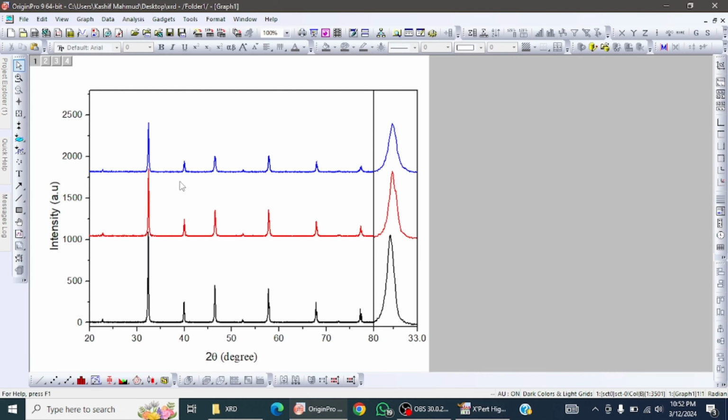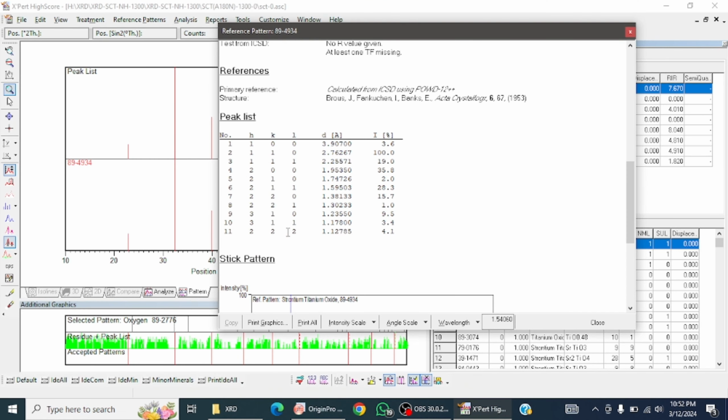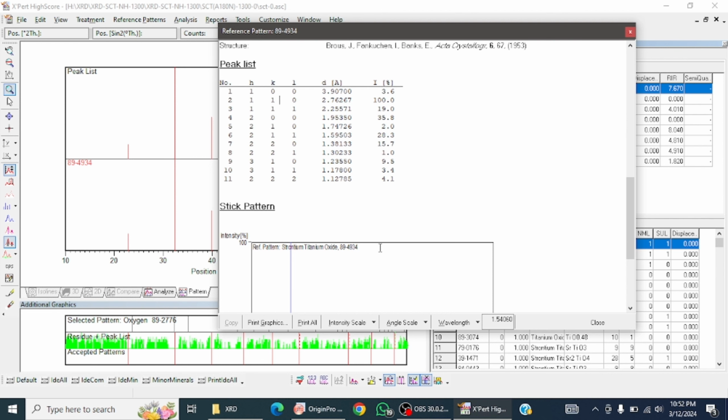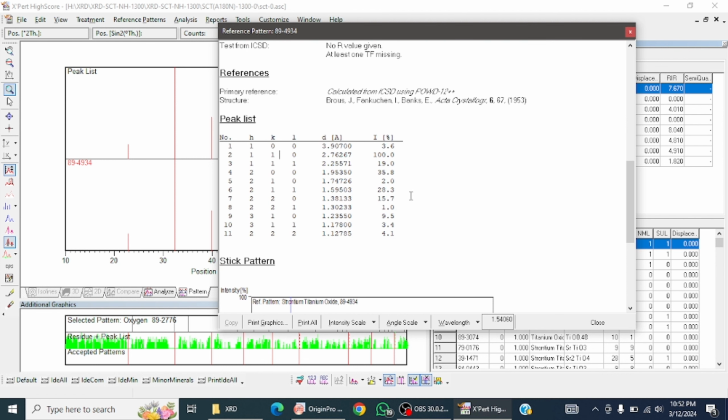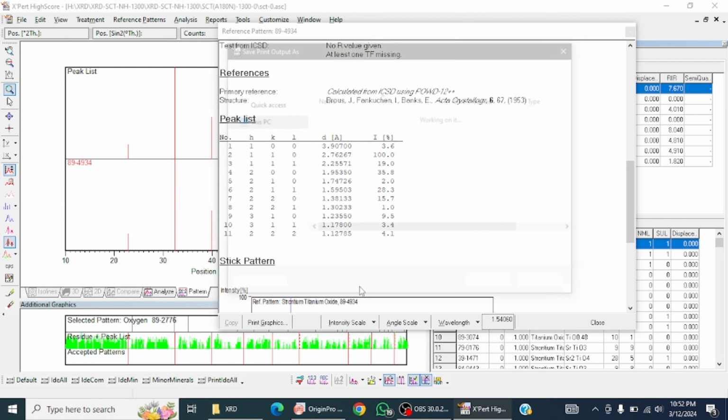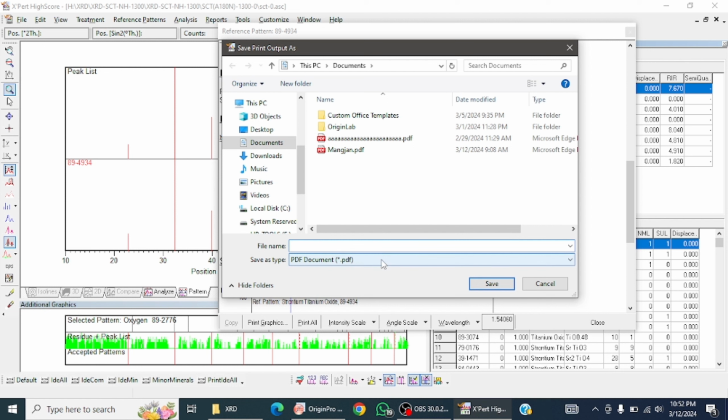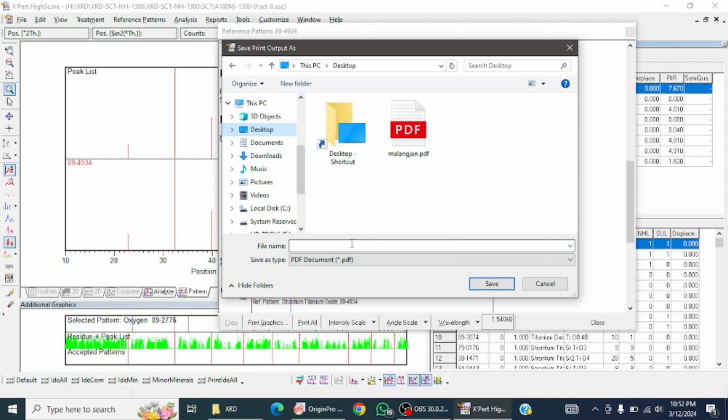for each corresponding peak. So first I will teach you how to save this data, because the save option is not available in this PDF. So we will use a trick. Click on print all, and it will allow you to save. So let me save it on the desktop, for example